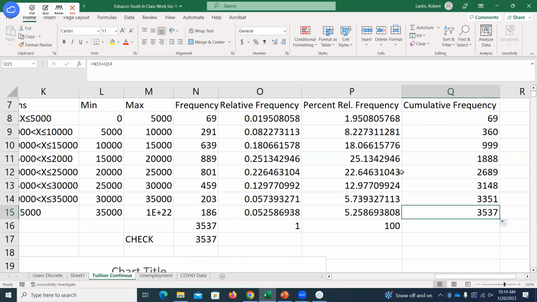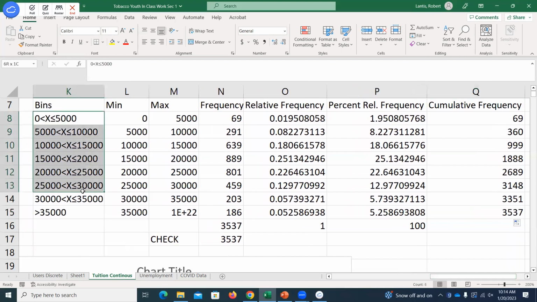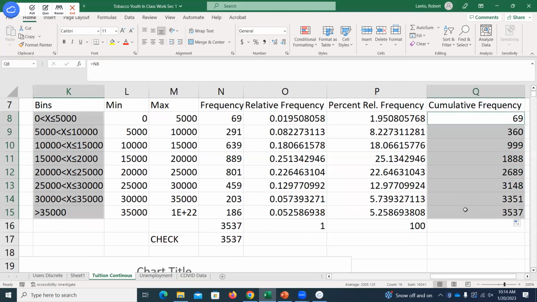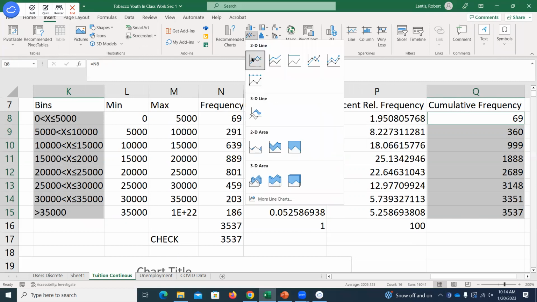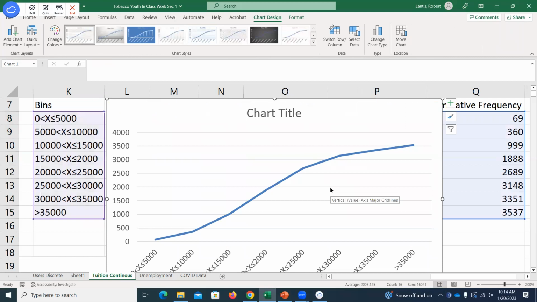Right? And you'll also see graphs sometimes that have these cumulative frequencies. You can imagine it's very similar to what we did last class. So if I select my labels that I had, hold Control or Command on a Mac, select my cumulative frequencies, go to Insert. Usually for cumulative frequencies you'll see a line graph used. So it shows that initially there's not a lot of observations at these low values, right? Very low net tuition amounts. There's not a lot of schools down there. But then very quickly it starts to rise in the middle there, and then approaches the full number of observations, right? It levels off there once we get to these higher amounts.